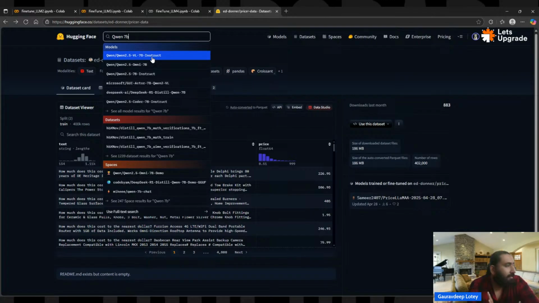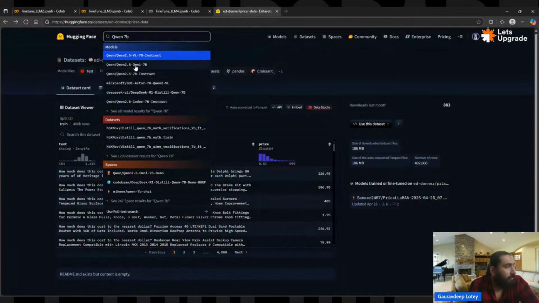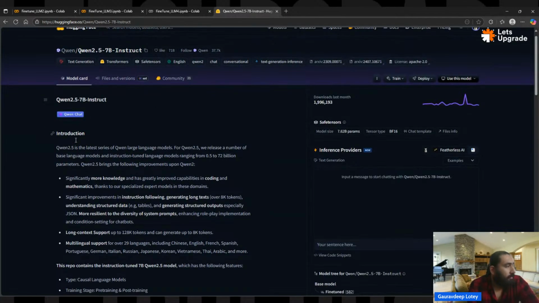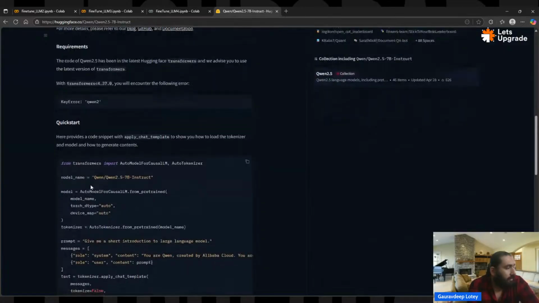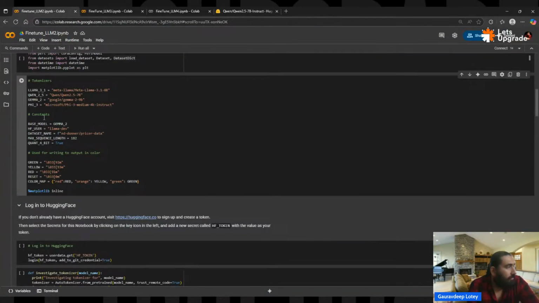9 billion just ran out from this free trial of Colab. So this is Qwen 2.5 7 billion Instruct. Let me see if there are any permissions needed for this. I don't think there are. So maybe what we can do is, for the base model, we can switch to Qwen